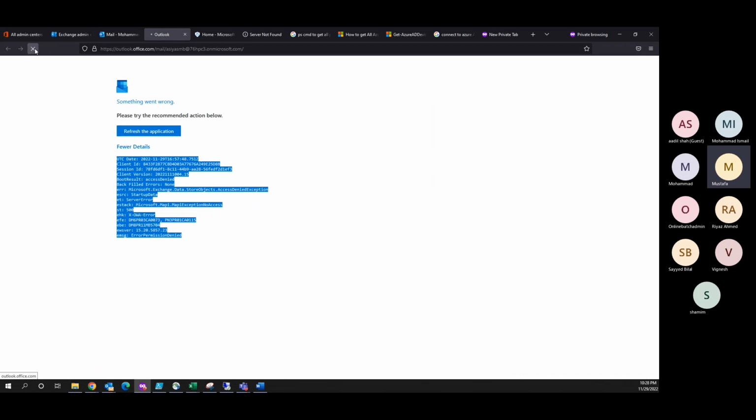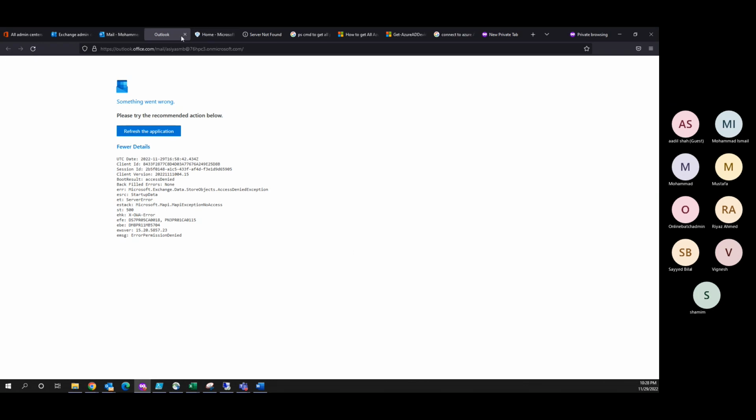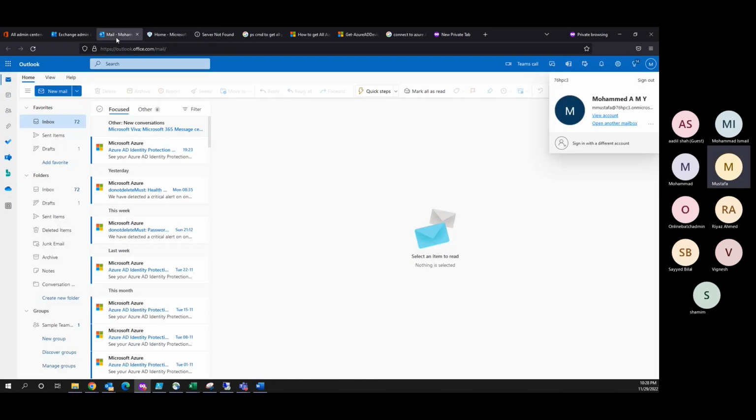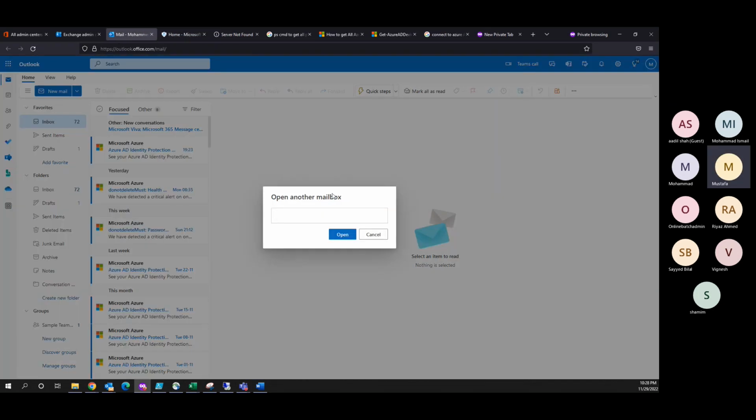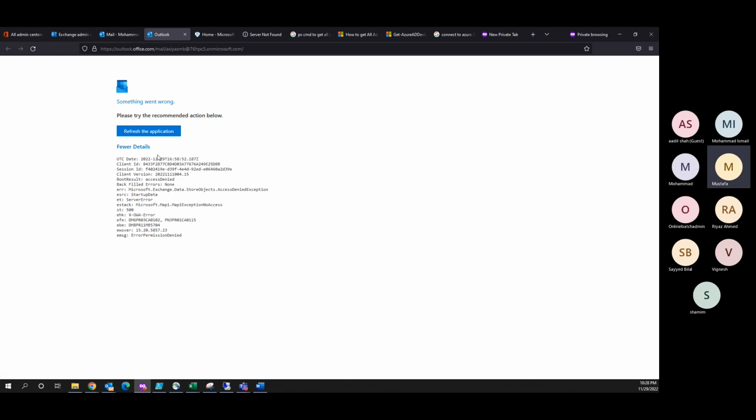If I select refresh, still I'm not able to access. So I'll open another mailbox. Okay, let's wait for replication to happen. Once the replication is complete, I will be able to access this mailbox. So the overall idea is,